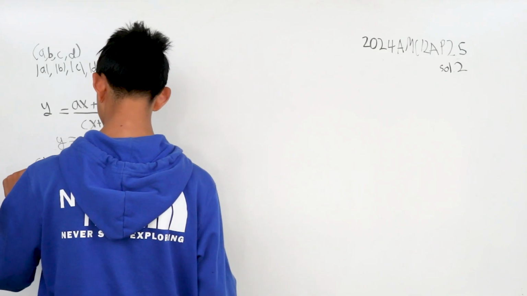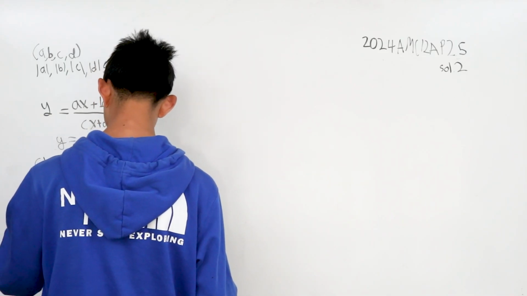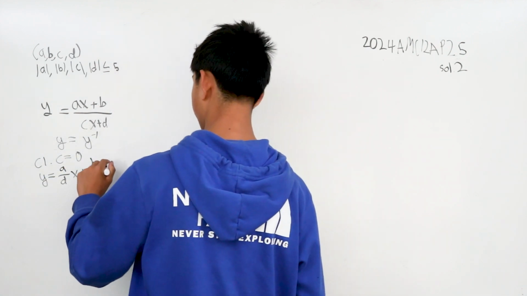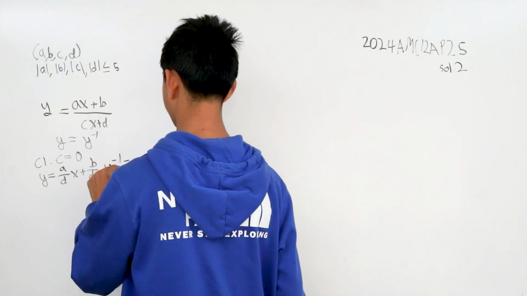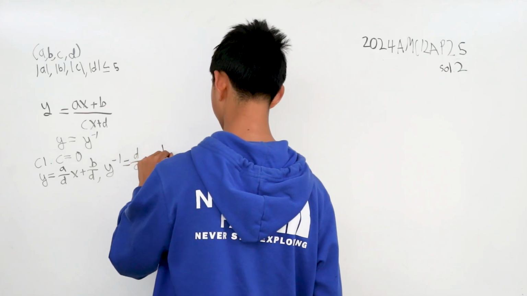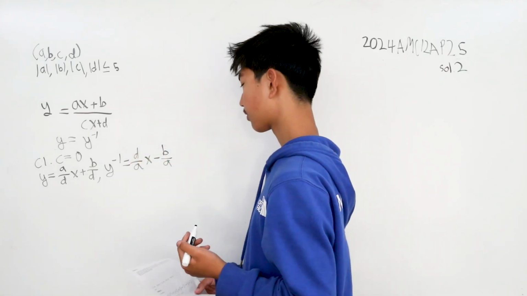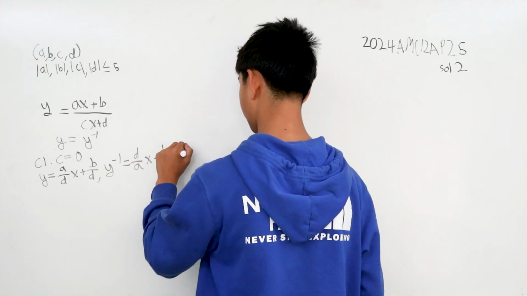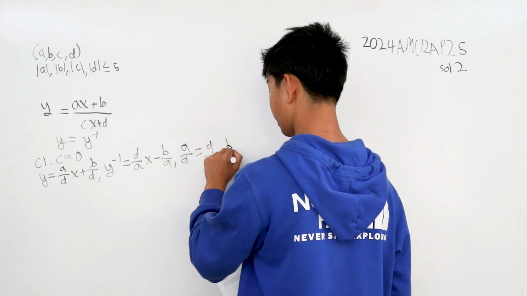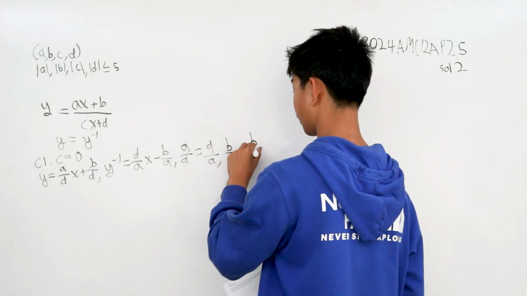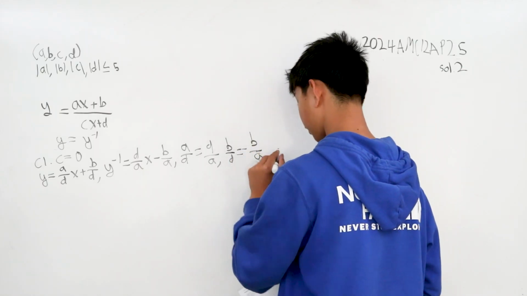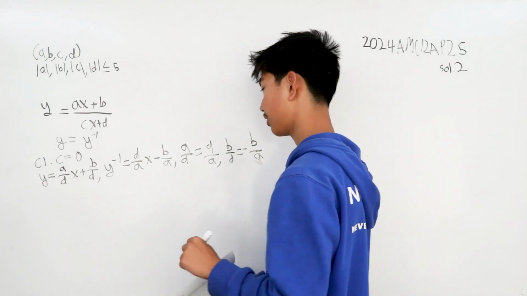If c is 0, then y is equal to a over d x plus b over d. And then we have the inverse of y is equal to d over a x minus b over a. So then, from this case, we have a over d is d over a, and b over d is equal to negative b over a. Then goes our second case, case 2,